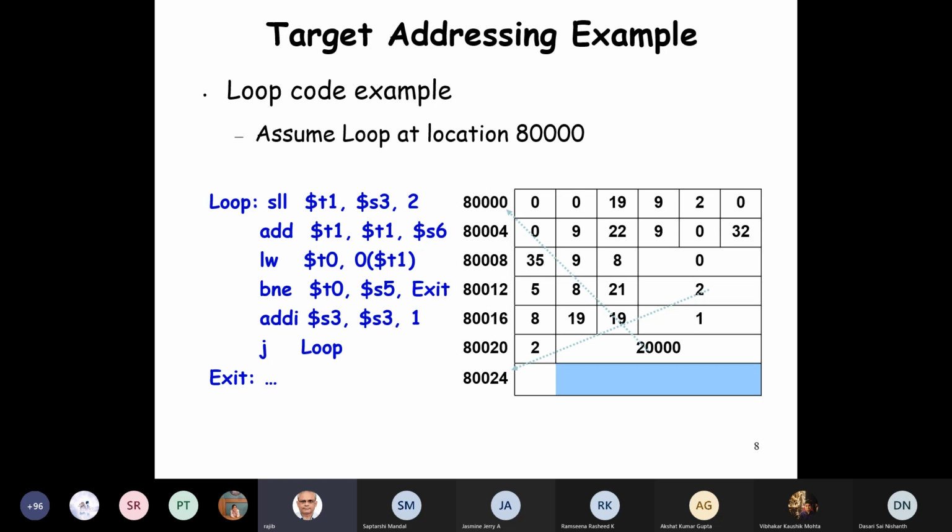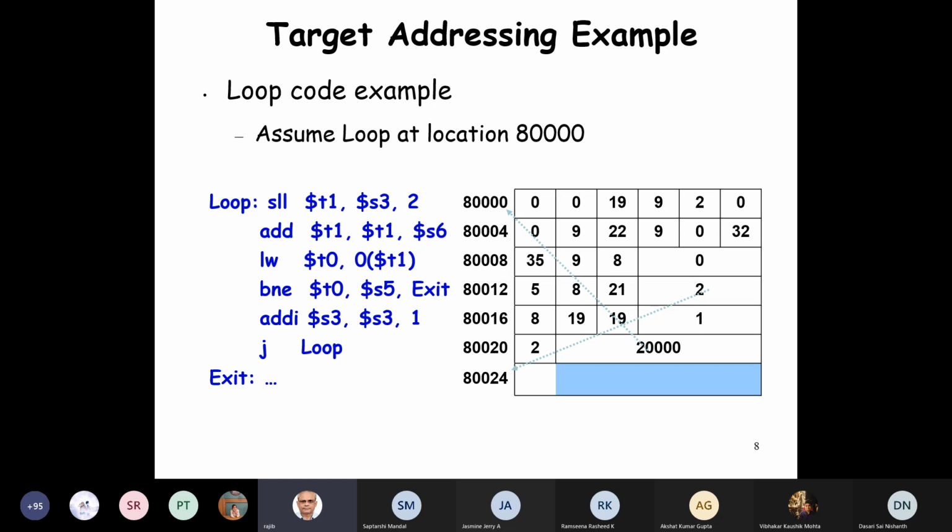And see here, the shift left and ADD are both arithmetic instructions with 0 as the opcode. They don't have to really remember the opcodes for the instruction. Even an assembly programmer does not need that, because you'll have to write assembly code and not machine code. But just out of curiosity, both the ADD and the shift left have 0 as the opcode, but the function type differs. The shift left has 0 as the function code and this has 32, and the shift amount is given here. Just check here, 2. And similarly, you have load word, etc.